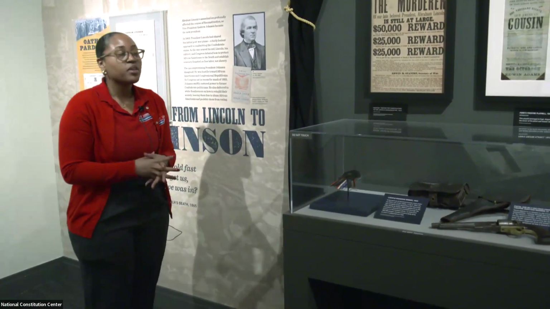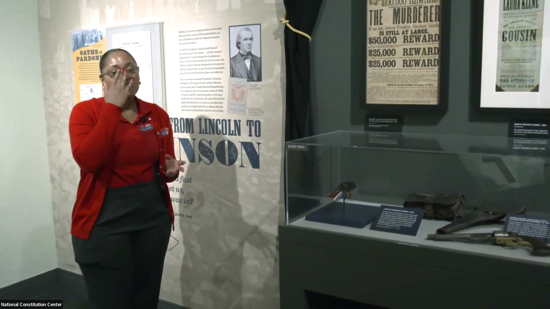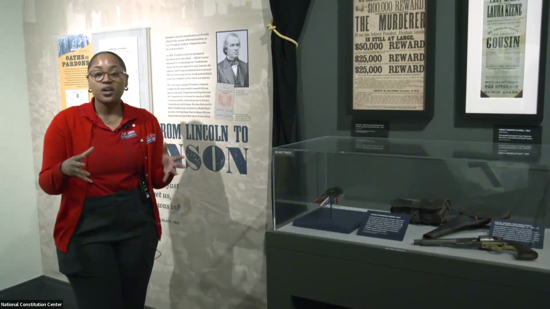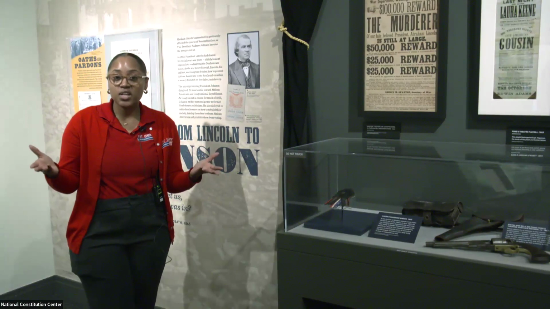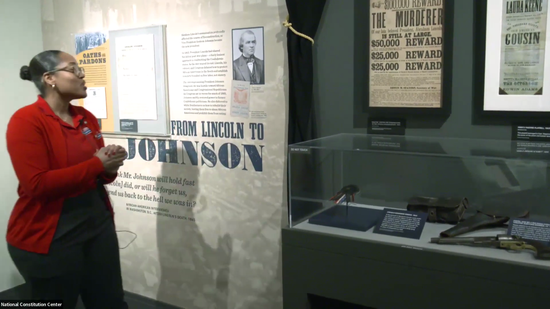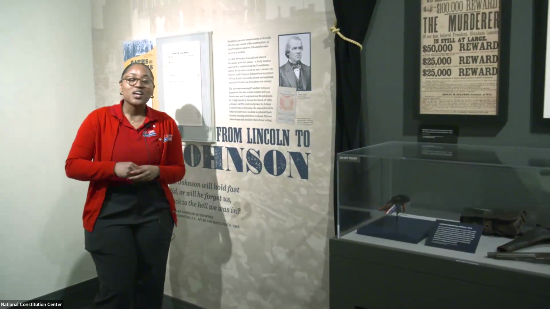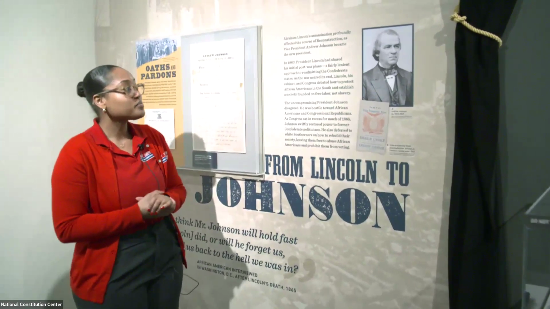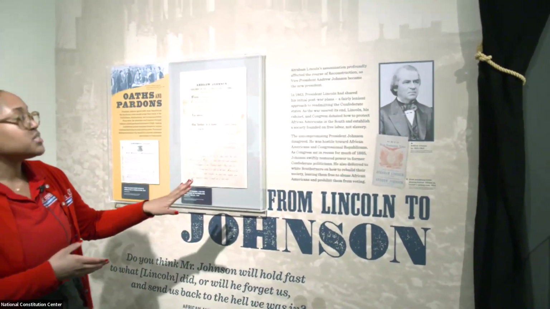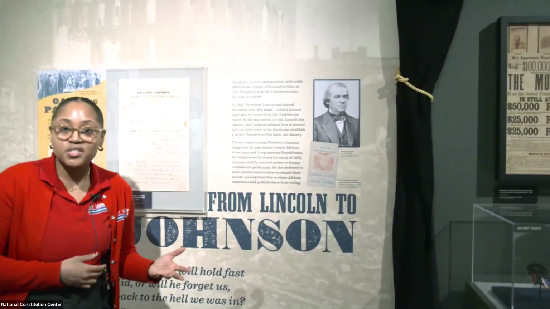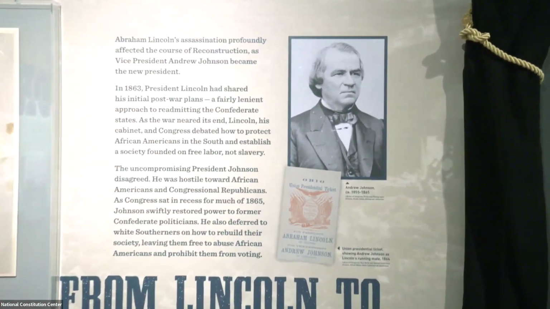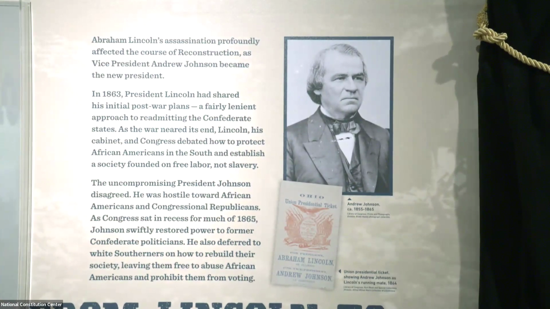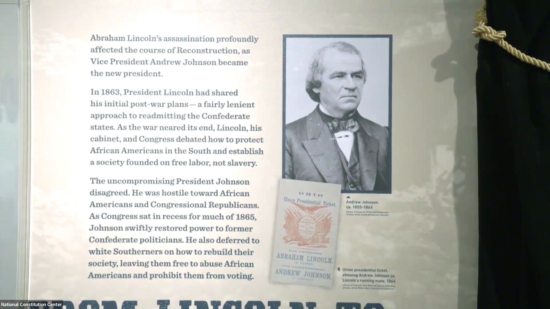So because Abraham Lincoln was assassinated, that didn't necessarily stop a lot of his efforts in making sure that the Reconstruction period was working or going on within the United States. But there was one person, Andrew Johnson, that made it extremely difficult for that entire process to go on. So Andrew Johnson was, of course, the vice president, but he was moved to president when Abraham Lincoln was assassinated. So he was the new president when it came to the Reconstruction period.